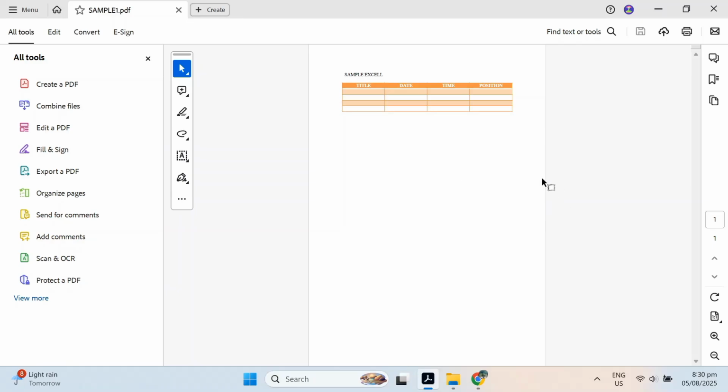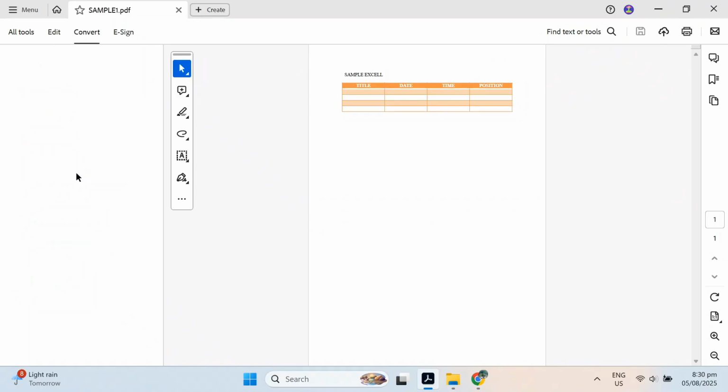I'm going to show you how to convert PDF tables into Excel with Acrobat. So to get started, you have to open Acrobat and then open your file from here. So I'm just going to create one sample, and then from there just have to go to export a PDF,